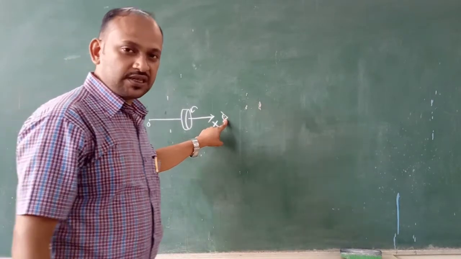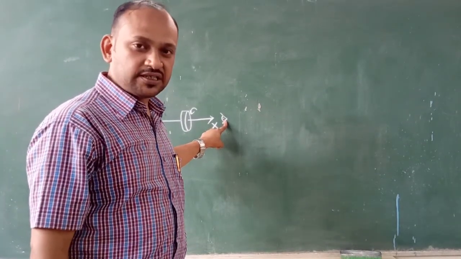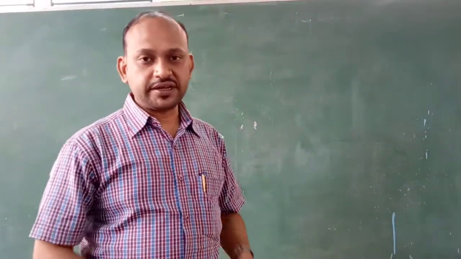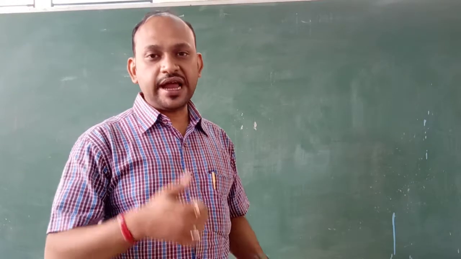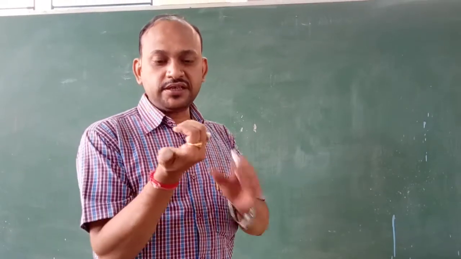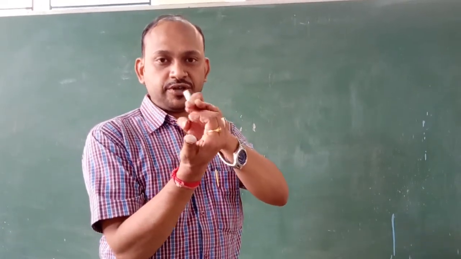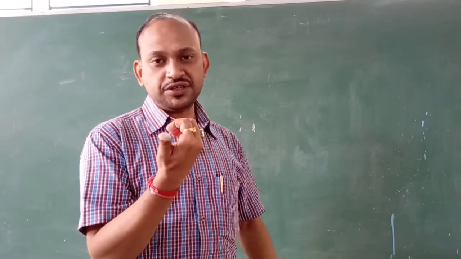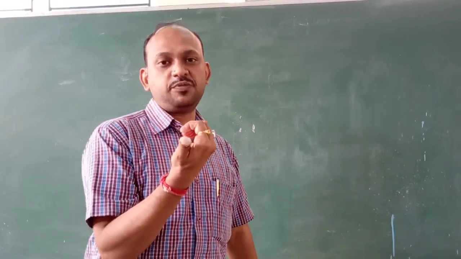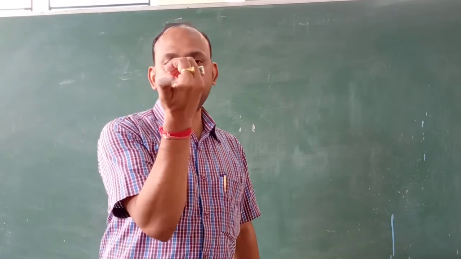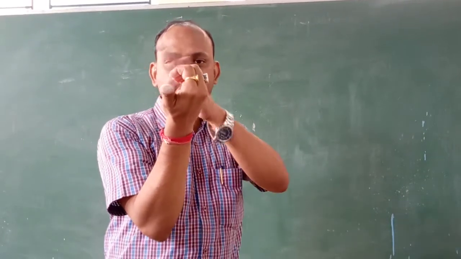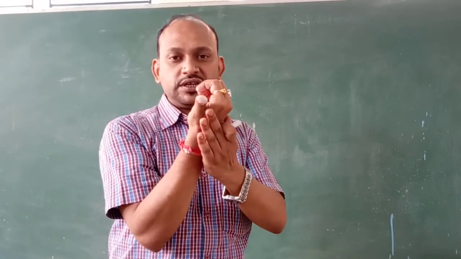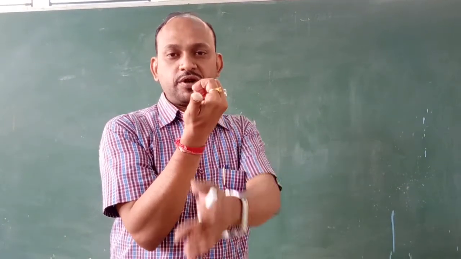As we have discussed in yesterday's class, the direction of the spin vector acts in this way. That is, if this is the direction of the rotation of the disc, the spin vector will be acting in this way. This can be very well explained with the help of a thumb rule. If you are looking from the back, it is having a clockwise sense of rotation, and so the spin vector will be acting in the forward direction.